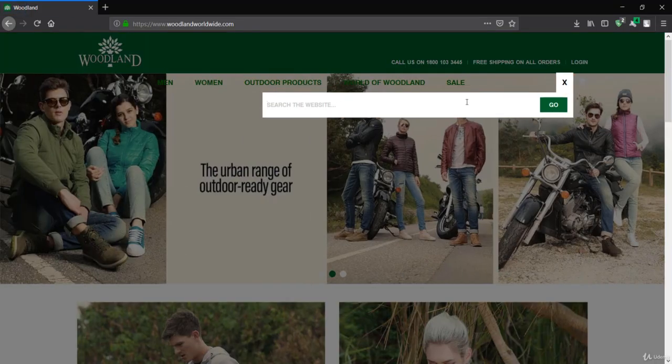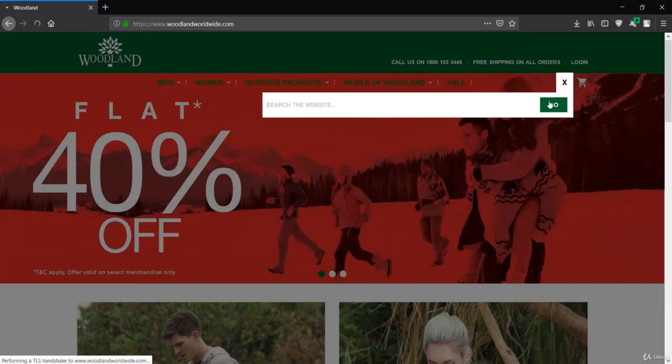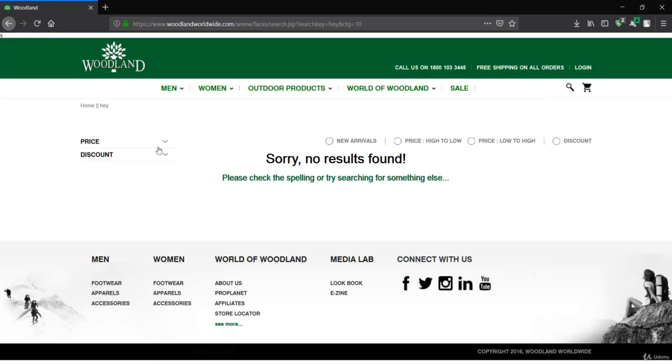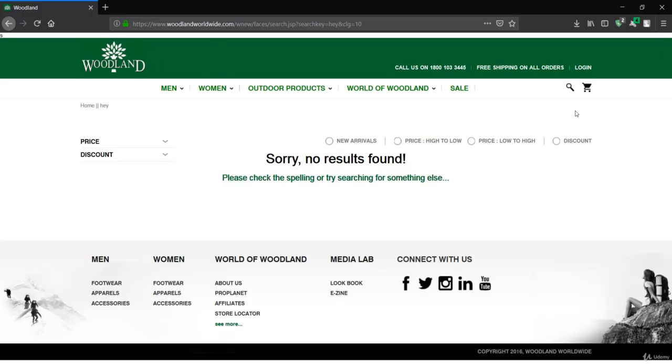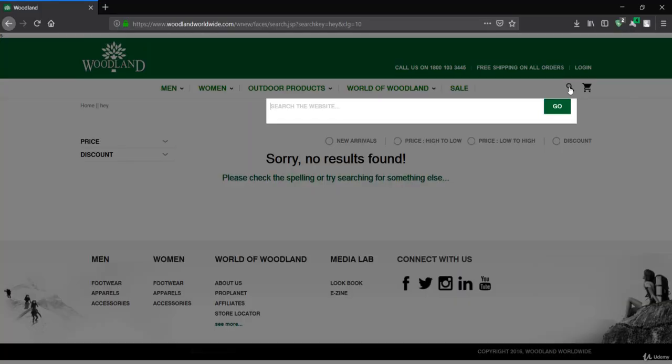So I'll just show you. What happens is whenever you put anything in this search field or a post field, and if you just search here, and that is reflected in the page content, so what we had written in this search was "hey", and if you see on the left hand side, "hey" has been reflected over here. That means it may have the HTML injection. So let's see if it has or not.